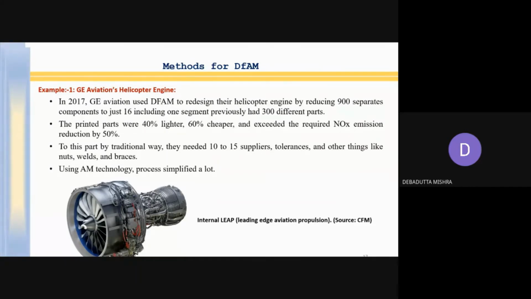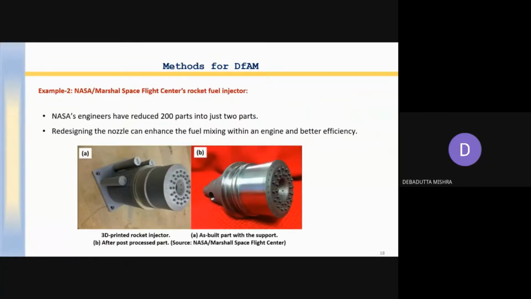You only need a 3D printing machine and it prints and assembles these things. Using AM technology, the process is simplified a lot.